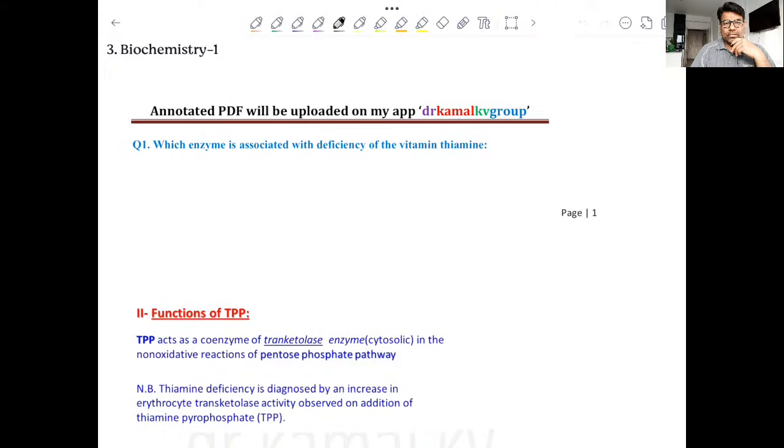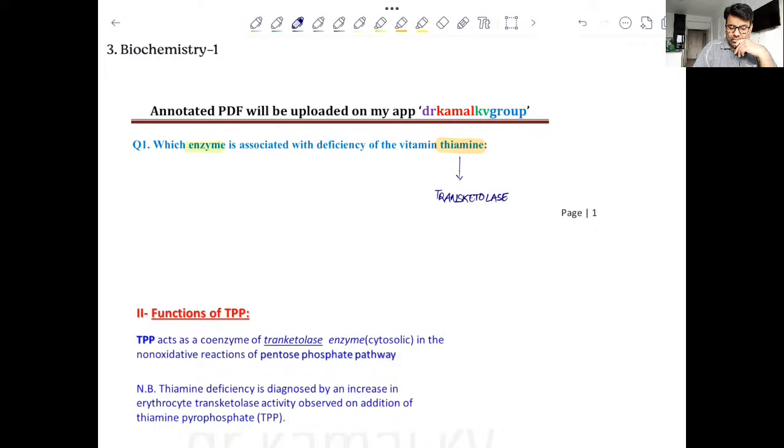So today we will take biochemistry. Now the very first question is about an enzyme which is associated with the deficiency of vitamin thiamine, or you can say which is used to assess the deficiency of vitamin thiamine. So thiamine acts as a cofactor for one enzyme, and that is transketolase,